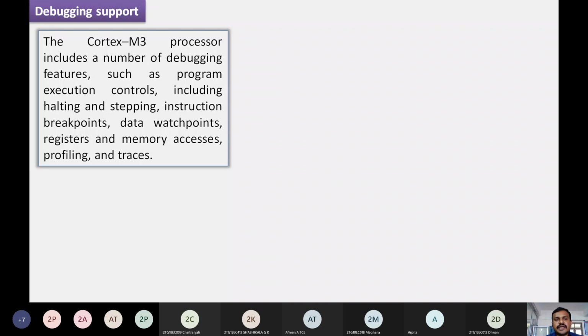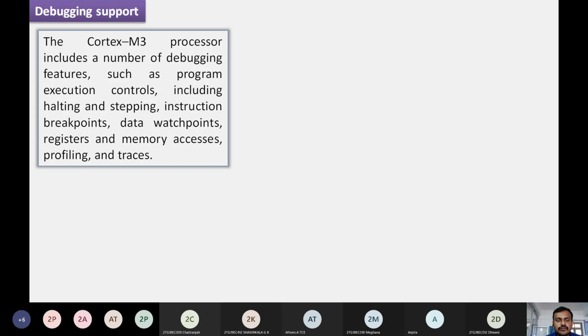So once you go through this, the available IDE, integrated development environment for this Cortex M3 ARM processor, we refer to it as Keil software. In that Keil software, we are going to find that the software is designed based on the concept of debugging support, how we need to work on and debug that particular chip, that is the ARM chip. In that software, we are going to find all these debugging supports: how the program execution is controlled, how we add instruction breakpoints,